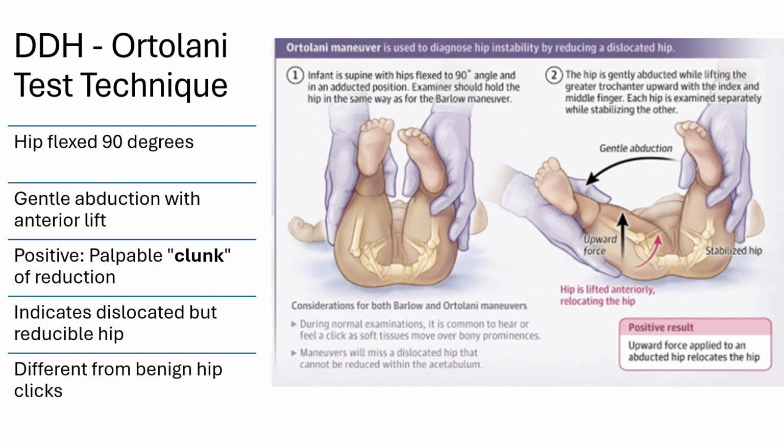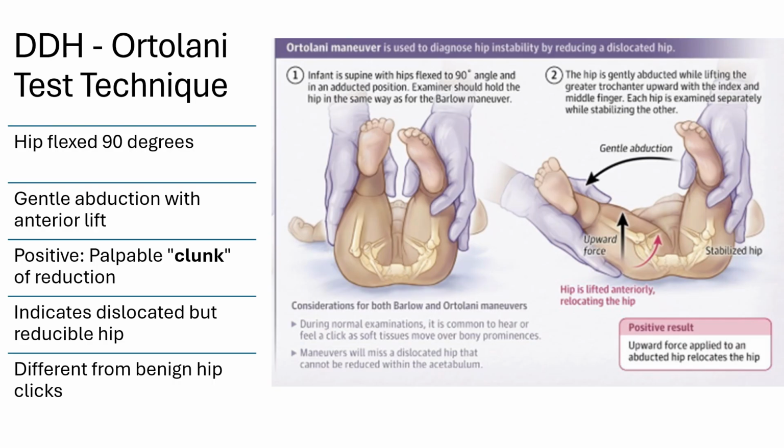The Ortolani test complements the Barlow maneuver by detecting hips that are already dislocated but can be reduced with proper technique. Start with the same positioning, baby supine with the hip flexed to 90 degrees. But the movement pattern works in the opposite direction from the Barlow test. Your hand placement remains similar, but now you'll apply gentle abduction while providing anterior lift with your fingers supporting the greater trochanter. A positive Ortolani test produces a palpable clunk sensation as the dislocated femoral head reduces back into the